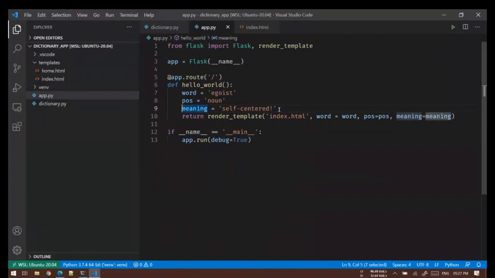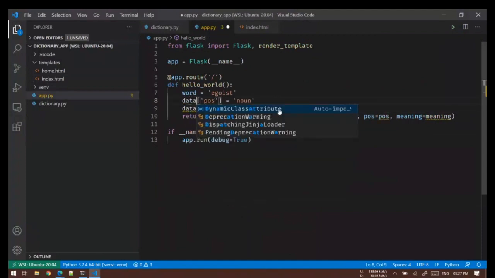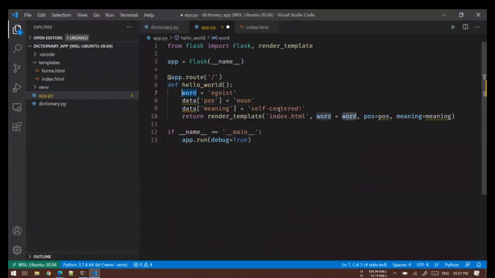So what I'll do is I'll say data, and again I'll say data.